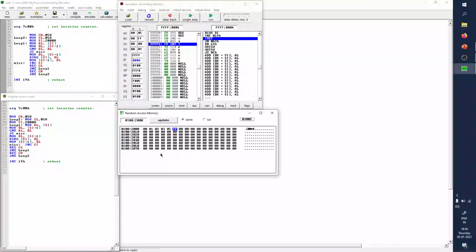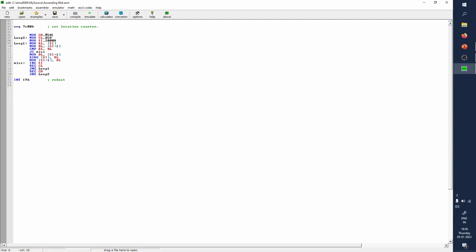So like this I can set some values and sort them in ascending order. Here I can increase the count of elements. If the array has more elements, I can increment the count here. If I want 16-bit elements, I can use 16-bit registers and make small changes here, so that I can do the operation for a 16-bit array in ascending order. After completing this, just type this program in your MASM 8086